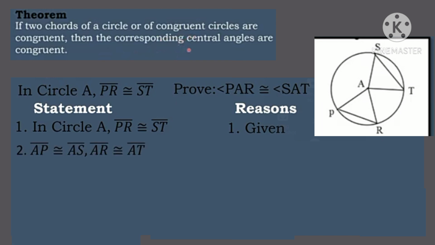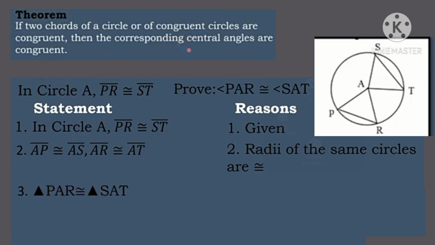And the second statement is, segment AP is congruent to segment AS, and segment AR is congruent to segment AT. The reason is radii of the same circle are congruent. And for statement number 3, triangle PAR is congruent to triangle SAT, and the reason will be the SSS congruence postulate, or side-side-side